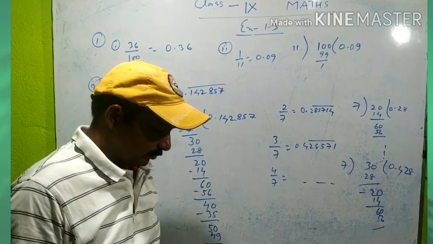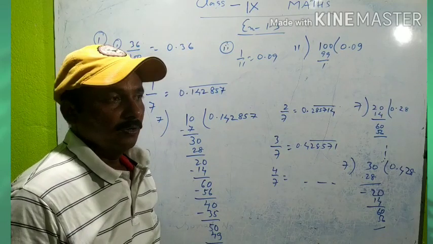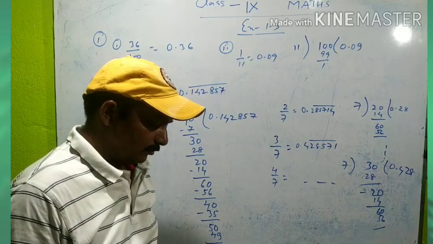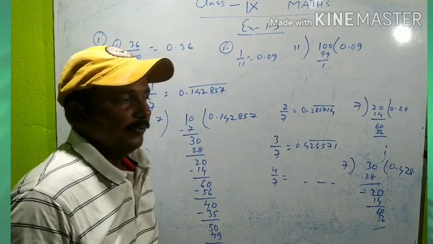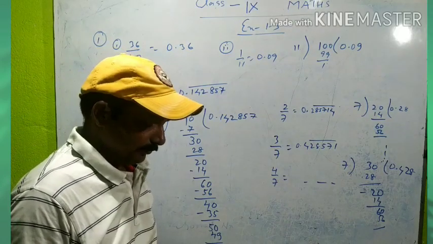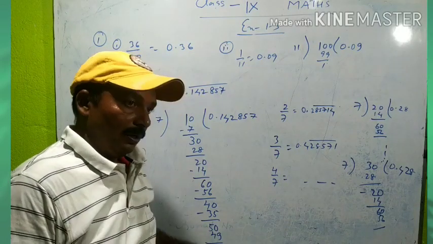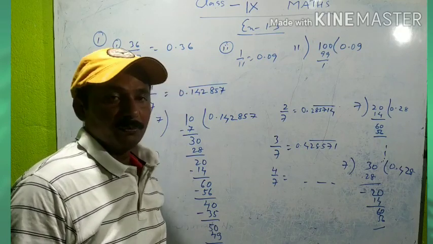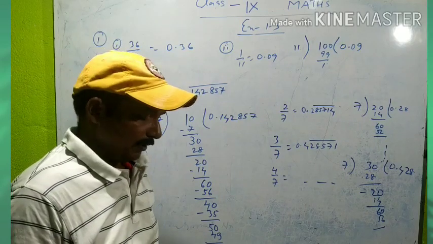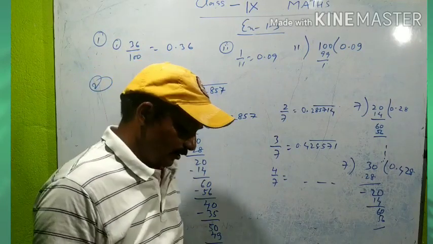Today you are going to do exercise 1.3 of class 9, and as you know, we are studying numbers in the very first chapter of class 9, rational numbers and irrational numbers. Earlier I taught exercise 1.1 and 1.2, now 1.3. Directly, without any delay, start focusing on the questions given in the exercise.